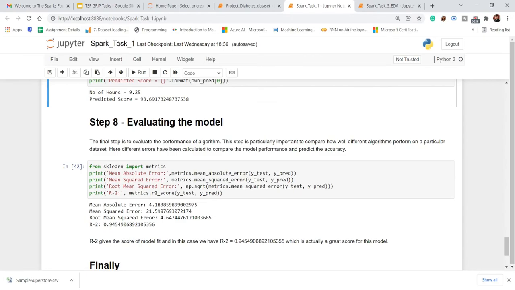But right now you are working with a single algorithm, that is linear regression. So you are checking at once the mean absolute error, mean squared error and root mean squared error, right? You have checked all three, and the more importance we should give to the root mean squared error, because in most cases it depends upon the root mean squared error. We have seen here